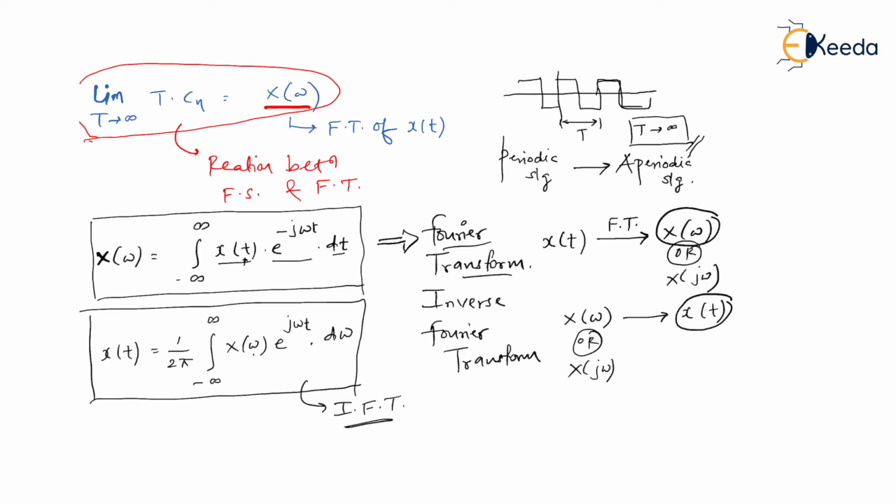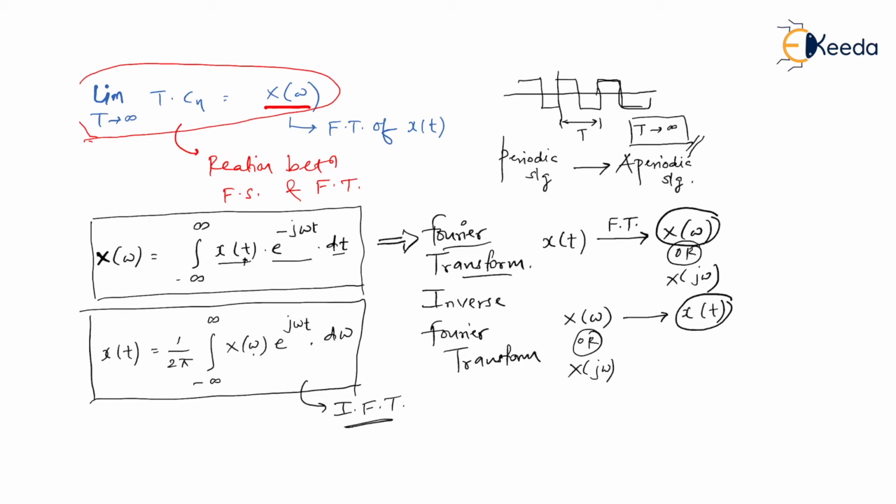And I told you, whenever a signal is an aperiodic signal, there is no chance that we will talk about Fourier series. We only talk about a Fourier transform when it comes to an aperiodic signal. So I'm sure with this explanation, the motive of Fourier transform is clear to you. You know very well how Fourier series got converted into Fourier transform. Also, you have understood what is the formula for inverse Fourier transform.